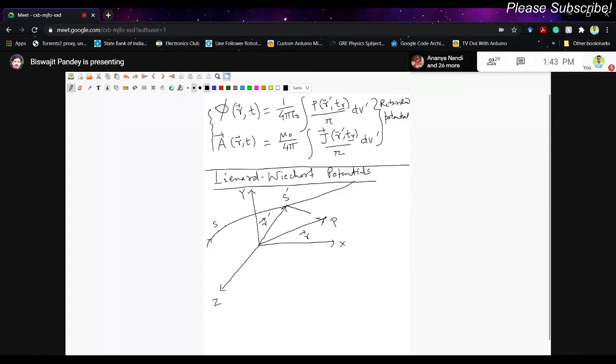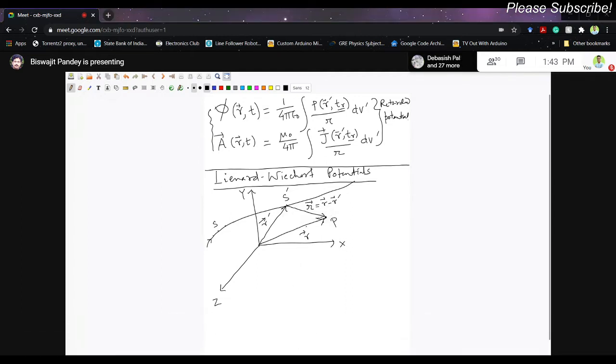So there is a separation between them. Let us label that as curly r, which is the curly r vector equal to r minus r prime. And because of this finite speed of light, only one point can communicate with the field point at any given instant. We have discussed that, because otherwise the speed of the charged particle has to be at least equal to the speed of light. Then only two different source points can simultaneously communicate with the field point. Otherwise it is not possible. I have already discussed this.